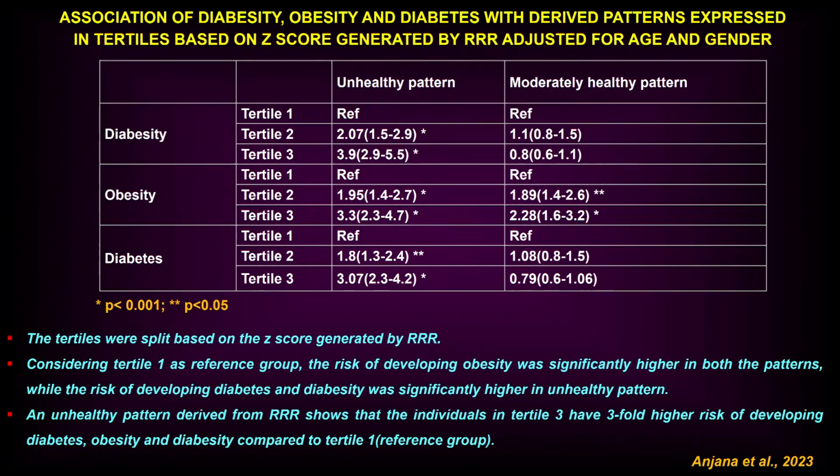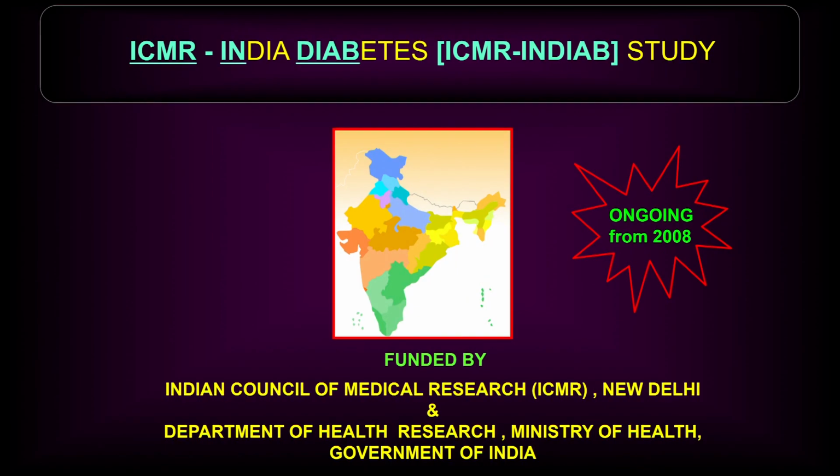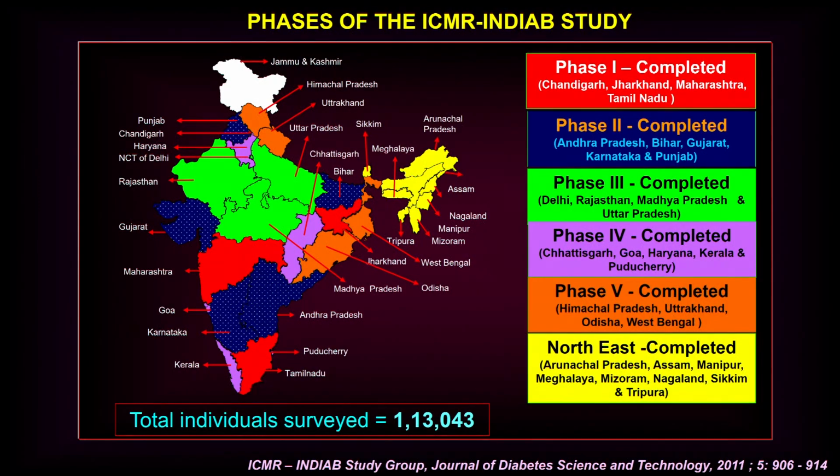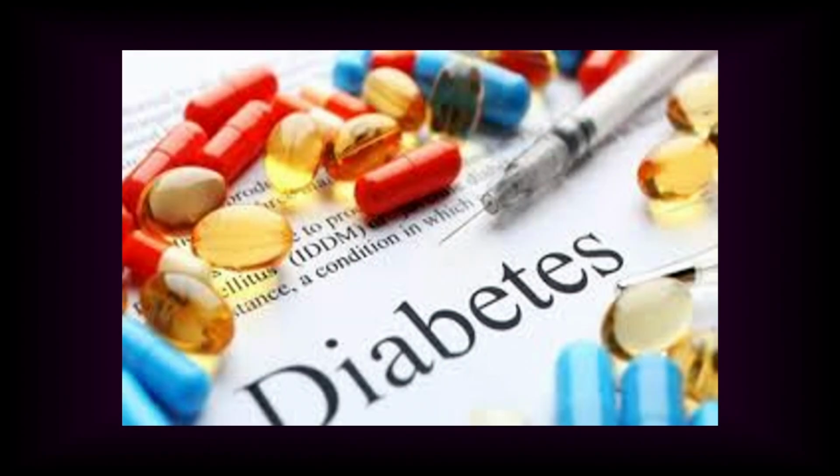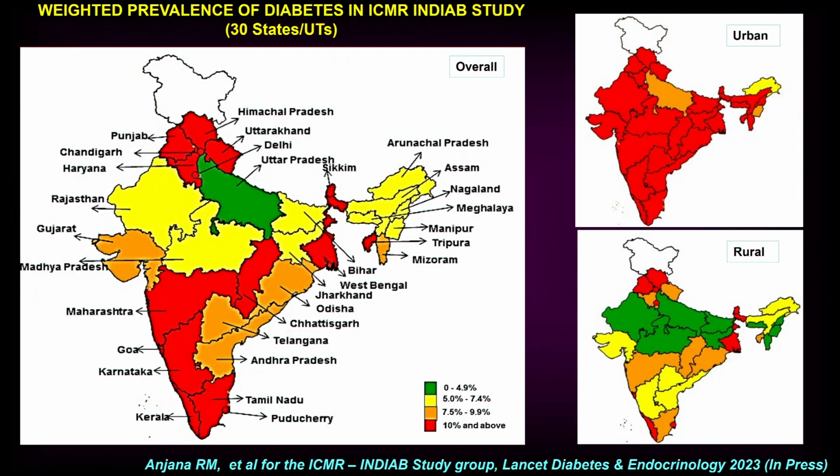Now, but this is only from Chennai. Do we have any national data on this? We do. From the ICMR study, which has about 1 lakh population inside of the study, we are able to show, and I'm very, very happy to say that this data has just been accepted in Lancet DNE, it just came last week, and this is the first national data on diabetes. 15 years of work has culminated in this paper, which is just accepted.